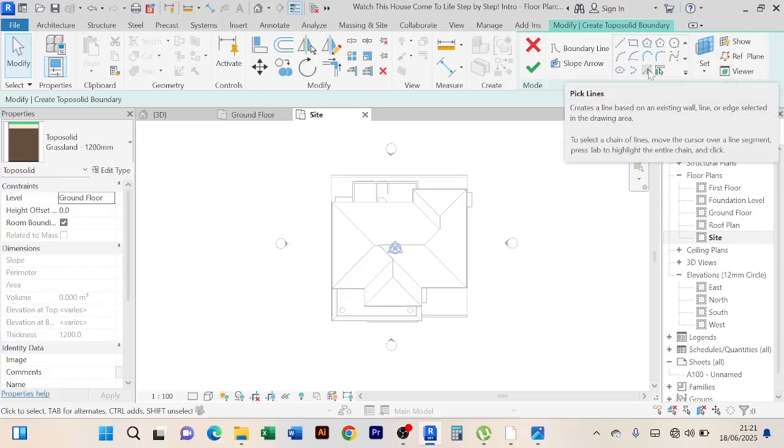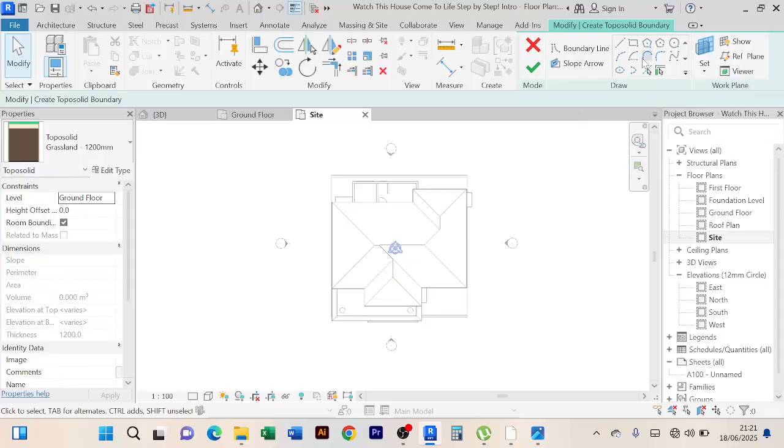We can pick line or just draw this, but for now let's just pick line, and I'm going to give an offset of, let's say, 2.5 meters from this. Now we shall just trim with the TR tool,